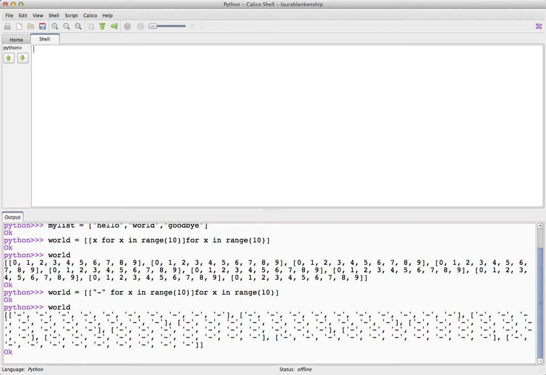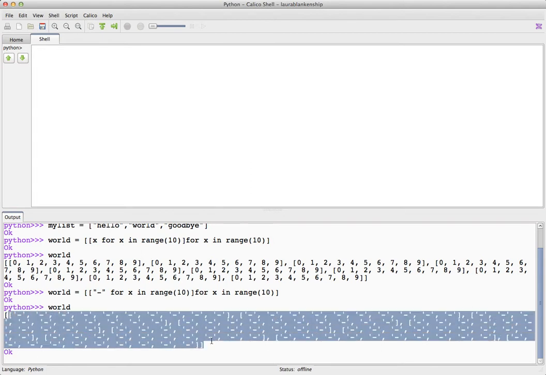So we need to represent our world a little bit better. But this is what one would call an array. We have a list of lists. It is a multi-dimensional array. We have 10 lists, so we have 10 dimensions we can go through. So if we wanted to print out each dash,